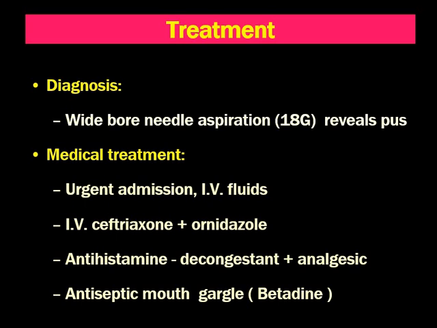How to diagnose the condition? Looking at the symptoms and signs, we should be able to diagnose this condition. Peritonsillitis and peritonsillar abscess can be differentiated by wide bore needle aspiration. We usually use 18 gauge needle. We insert the needle in certain area which will be described later on, and if that aspiration reveals pus, then it is sure that patient is having peritonsillar abscess. If pus does not come, then maybe peritonsillitis or our needle may not have pierced exact peritonsillar space.